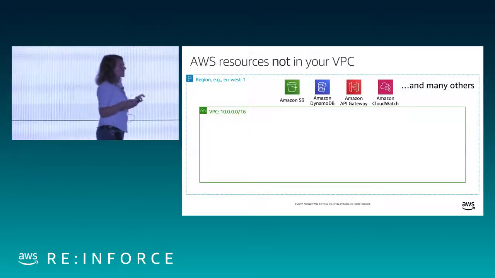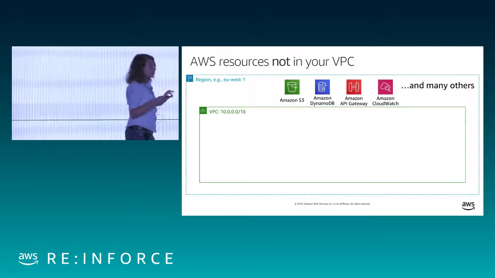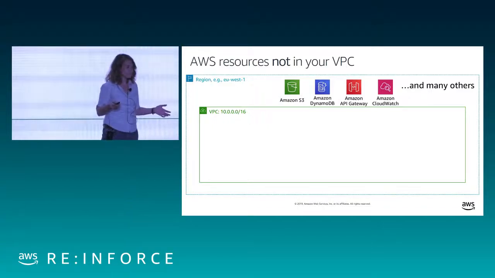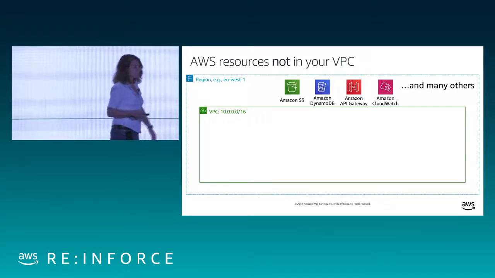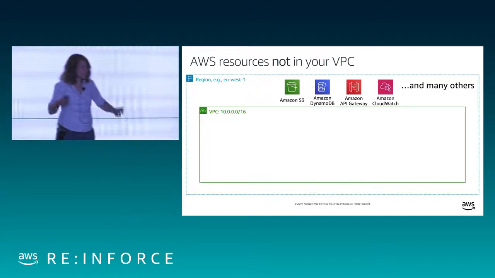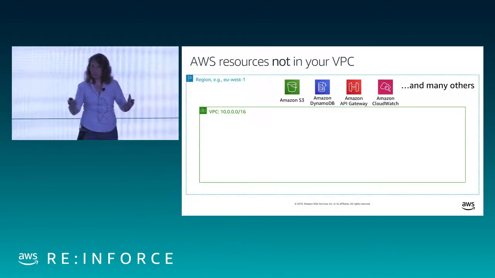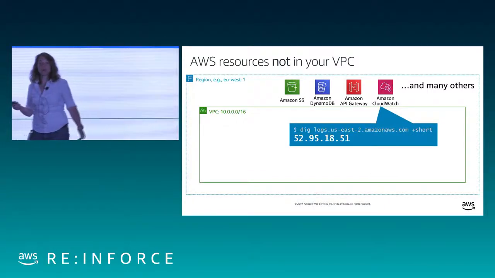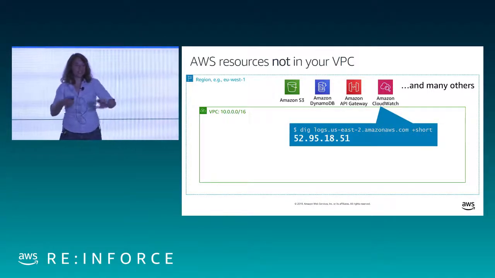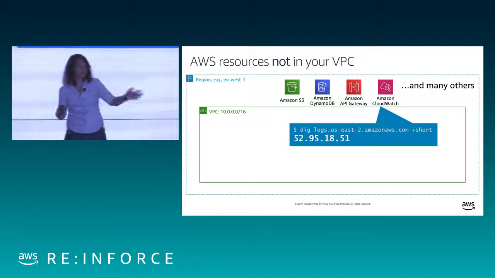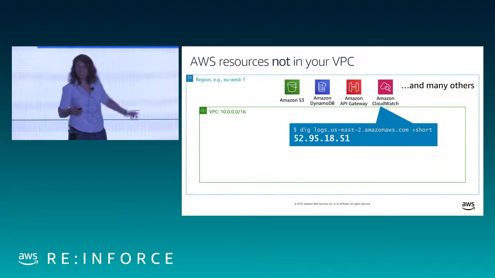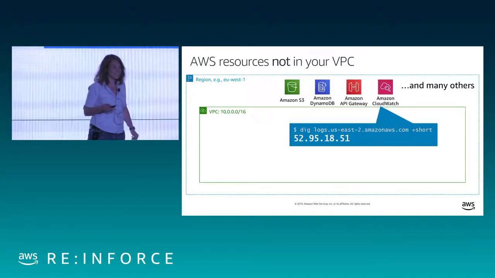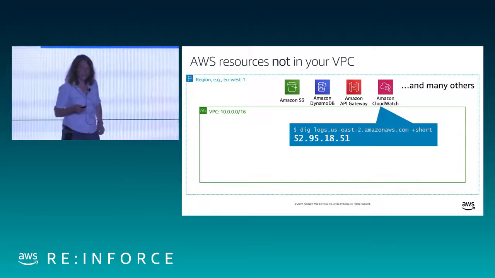But you know what? There's a lot of AWS resources, a lot of AWS services that you're going to find aren't running in your VPC. I have a couple of examples up here, but actually lots and lots of AWS services. This endpoint that you call, like if you go and resolve the DNS name, like over here I've resolved the DNS name for CloudWatch Logs. So that's where anytime I make a request through our SDK, through our command line interface, that's where the request is going. You'll notice that that IP address is not in your VPC. It doesn't start with 10.0.